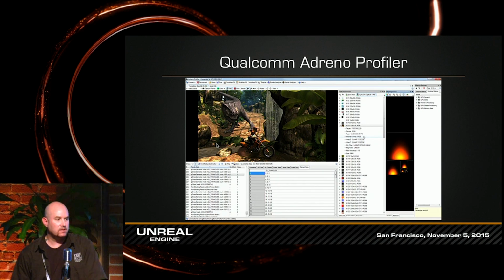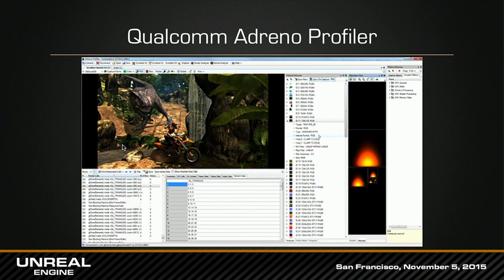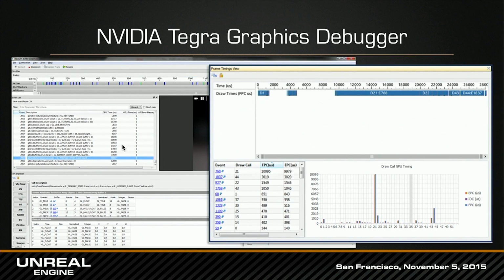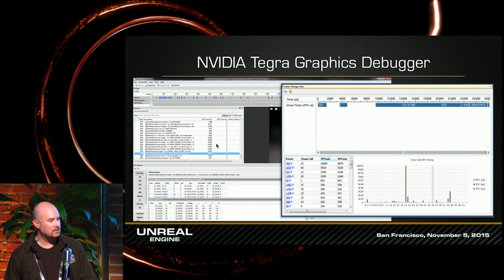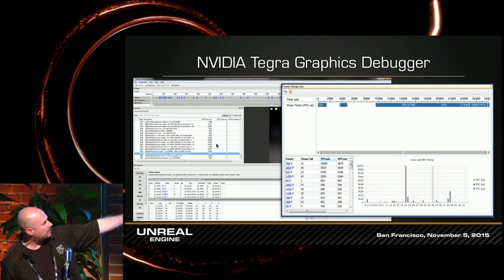This is the screenshot of the Qualcomm Adreno profiler tool for Qualcomm devices. Just as a general rule, all mobile phones in the US are Qualcomm, all Android phones are Qualcomm, because of LTE in the US, pretty much. In the rest of the world, all those other vendors come into play. It is actually a pretty good tool. NVIDIA, they have tools too. It's a little bit older screenshot, but the NVIDIA tool on the right side